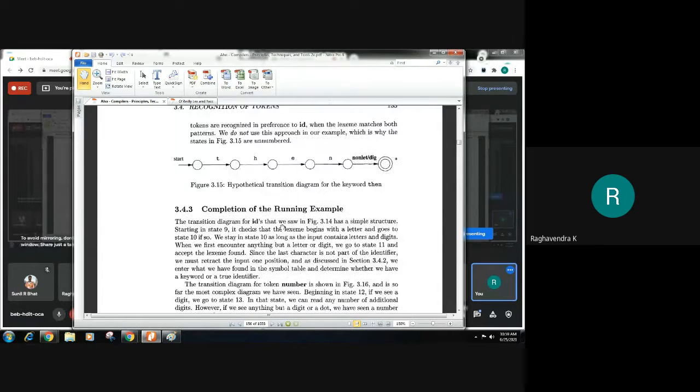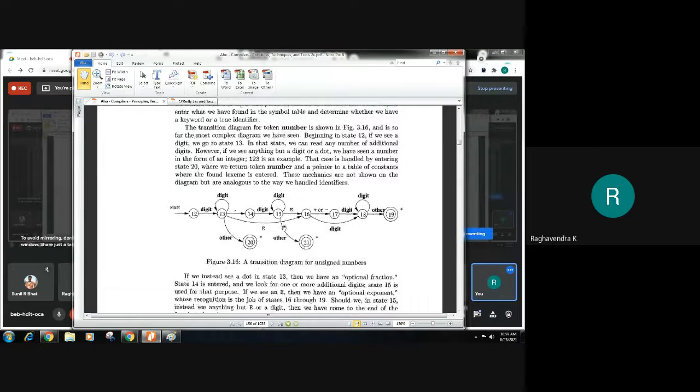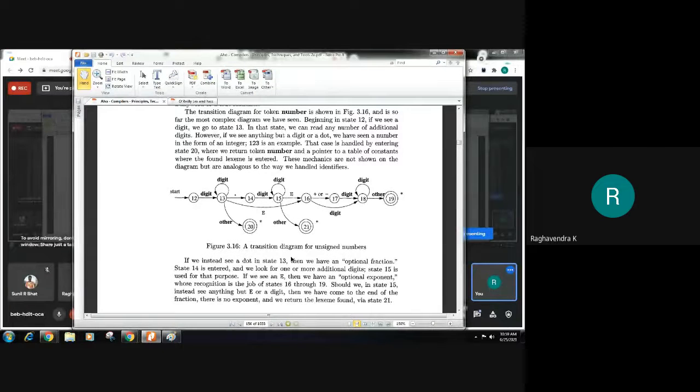Okay. One more transition diagram which is written here is for unsigned numbers, for which we had seen the regular expression. So for the same, we have written the transition diagram. I think we also traced this out in the last session. State numbers have been continued from the previous diagram of identifier. So we have around 21 states in the transition diagram. If you combine all of these things, you'll get a big transition diagram or an automata, which we can actually use in order to generate our code. Because ultimately that's what we are supposed to do.